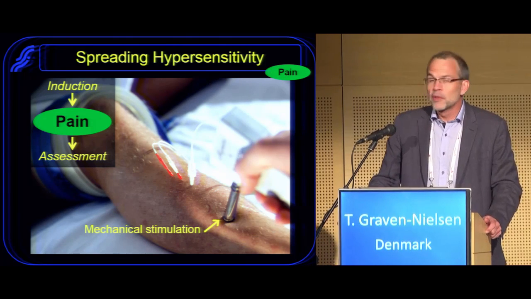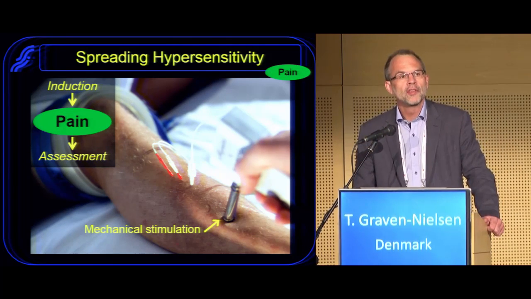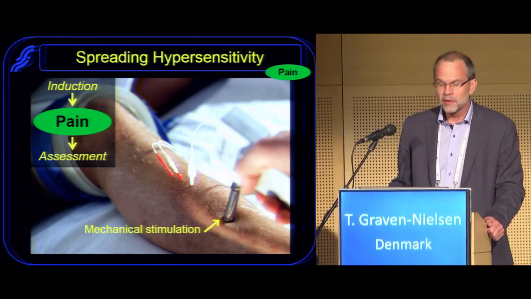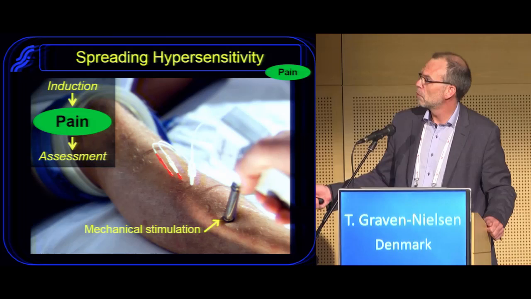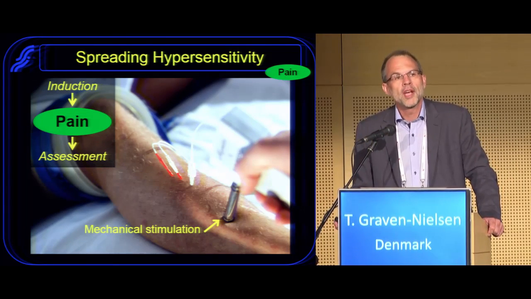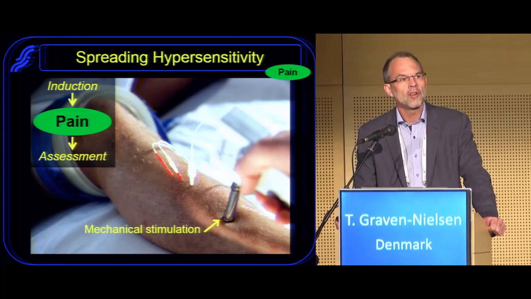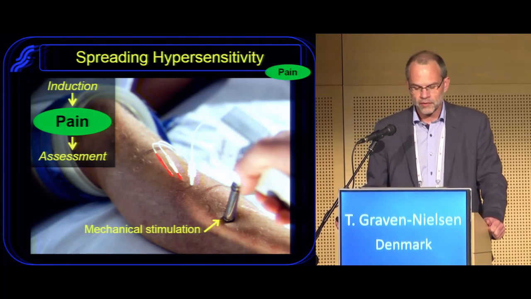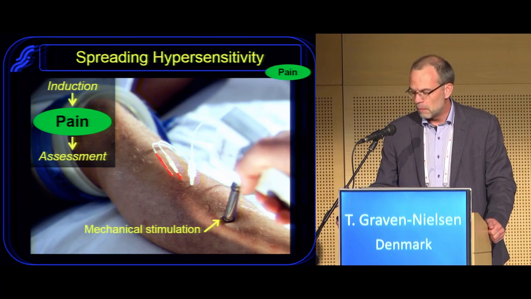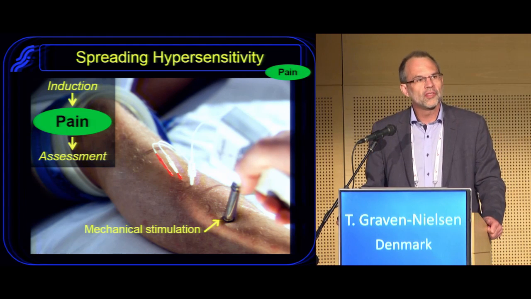So let's get started with mechanical excitation of the deep tissue nociceptors. Many of you know that we have a very good and reliable technique called pressure algometry, illustrated here, where we can assess, for example, pressure pain thresholds or assess the tolerance to pressure stimulation. This has been shown in many studies that it's reliable, but there are actually issues to consider when we are